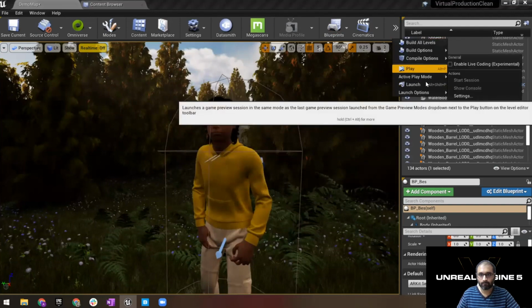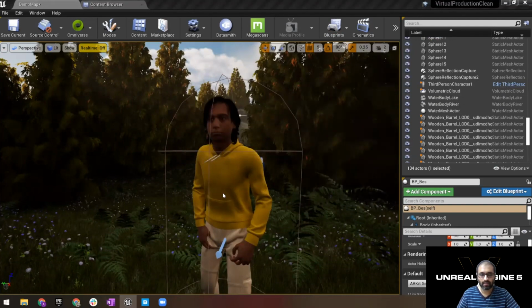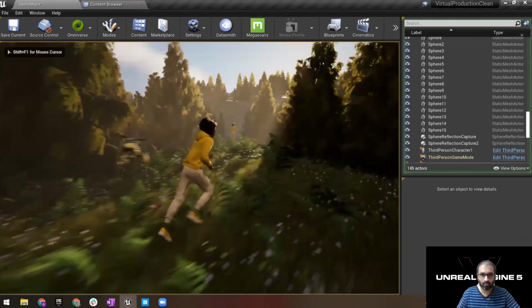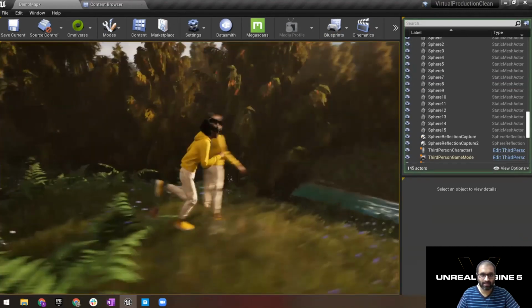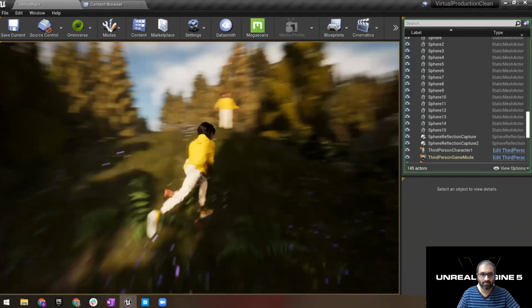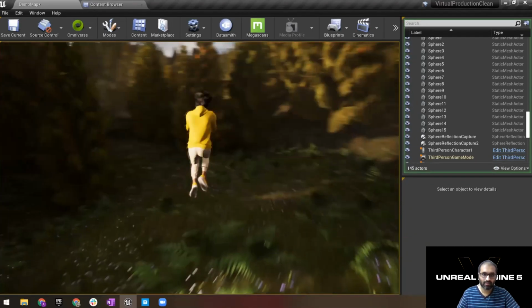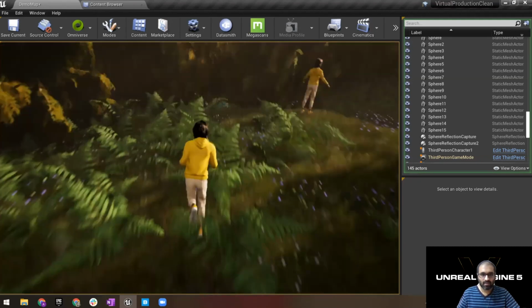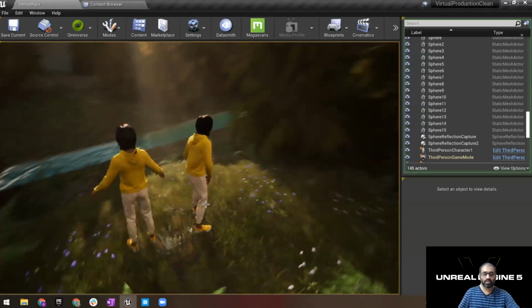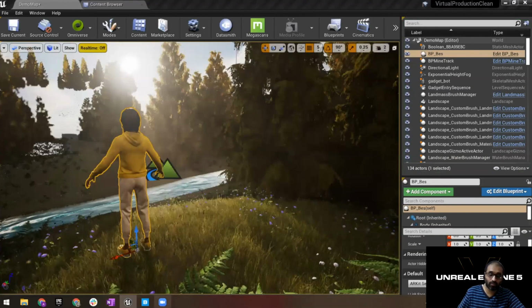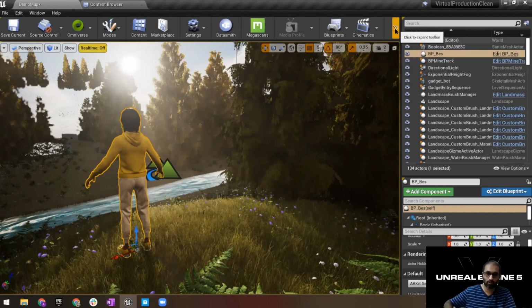So if I click on play, let me just select that. And now I have the same character. This is the Live Link character that I had earlier, but now I also have the same character as my playable character, and it looks pretty all right. So you can do all kinds of things. Like I said, the possibilities of how you can use the MetaHuman are fairly endless. You can go crazy with it with games, or you can use it for virtual production. You can use it for streaming or replacing your mug with a MetaHuman. It's a pretty exciting world to be in.